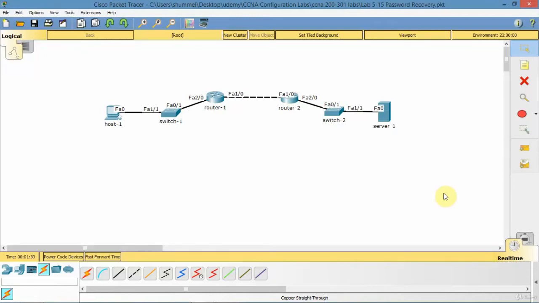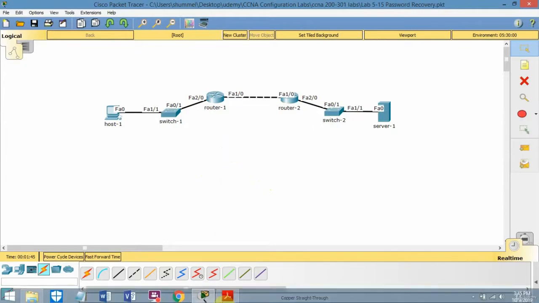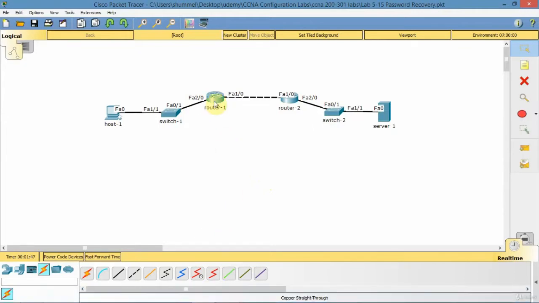In this lecture I'm going to show you how to do password recovery. Password recovery is a common activity you sometimes have to do when a password's been lost, or it's been changed and you don't know what it is, so you have to reset it. In this example, router 1, I'm going to sign on to it,